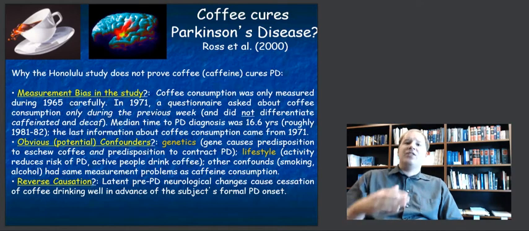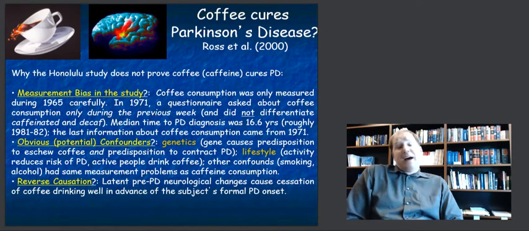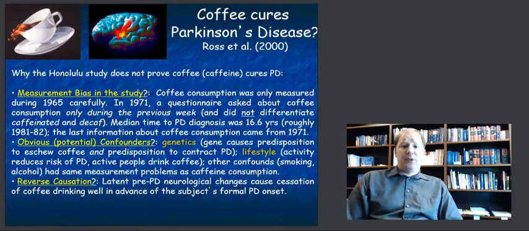You don't have any continuous flow of information about coffee usage from 1965 all the way up through 2000 when this study was actually produced. And because you lack that continuous knowledge, you don't know about sort of washouts where people stopped using coffee or wash-ins where people started using coffee. There are other potential confounders, of course, that could come up here when looking at this study. Number one, genetics. It could be that genes predispose people to drinking coffee, and the same genes also predispose people to not getting Alzheimer's or Parkinson's disease.